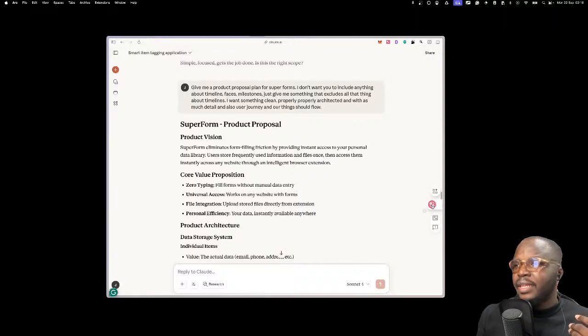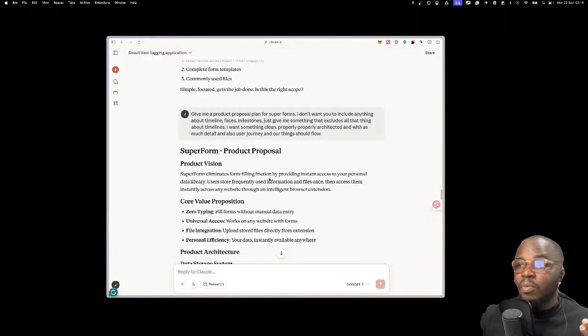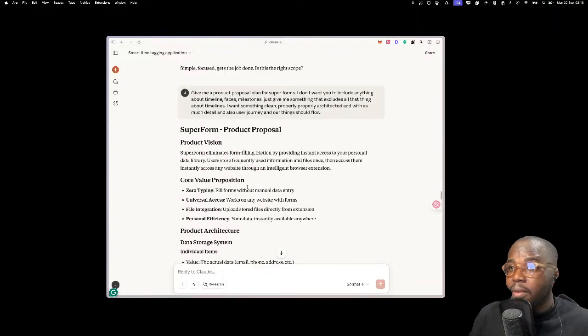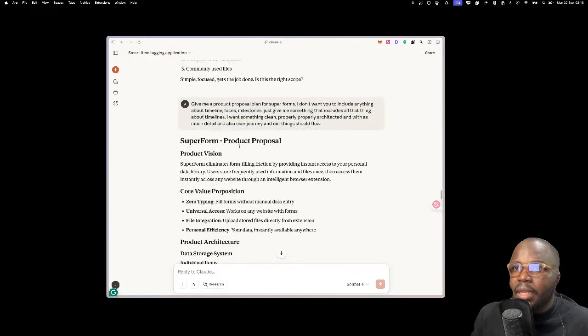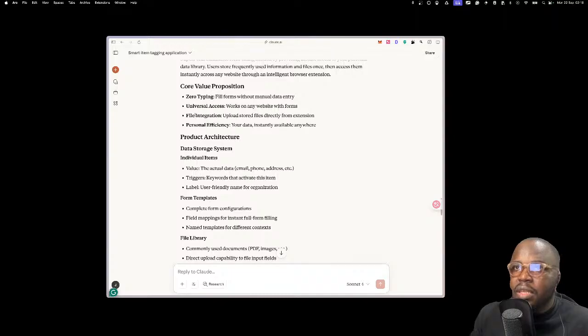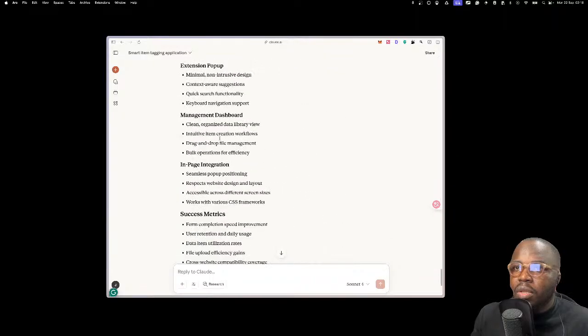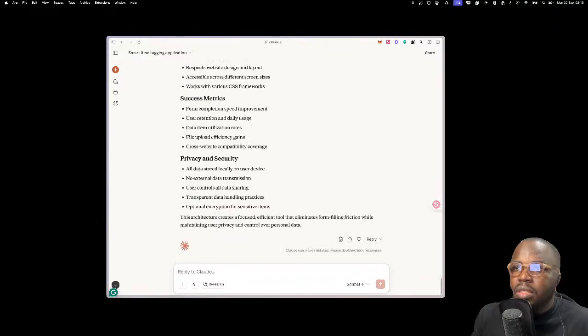We can also make it something that always shows around, but I don't think it's important. I only want to show it when there's a form on a page, right? And I'm also probably going to add that once you click on close, it shows up this floating button and says permanently disable on the current website or until next time. I want to definitely add that, because for something like Claude, I don't think I would need those kind of things here. So let's go ahead. And so: zero typing, universal access, file integration. This is beautiful. Okay, so I'm going to copy this, right?